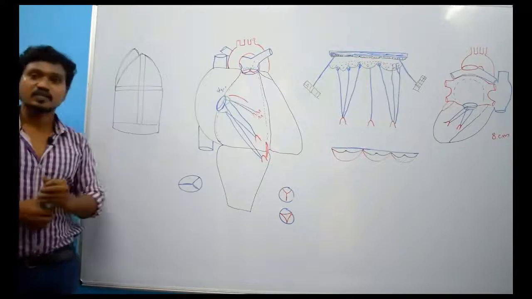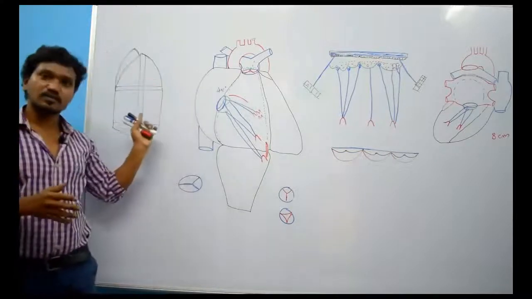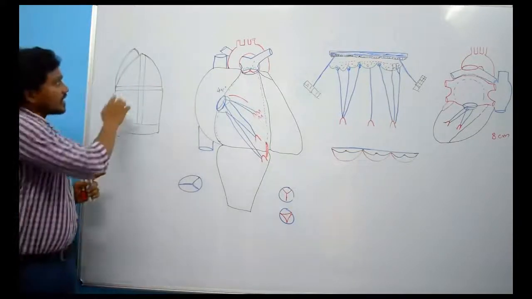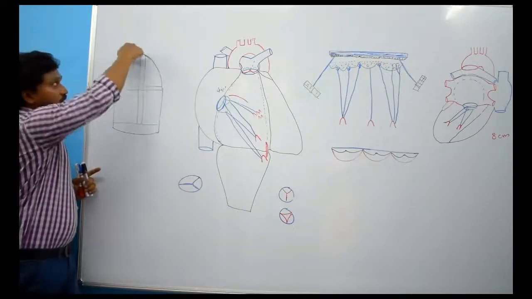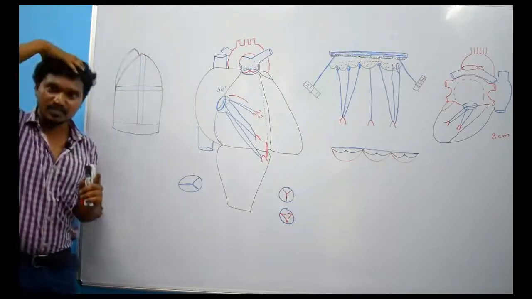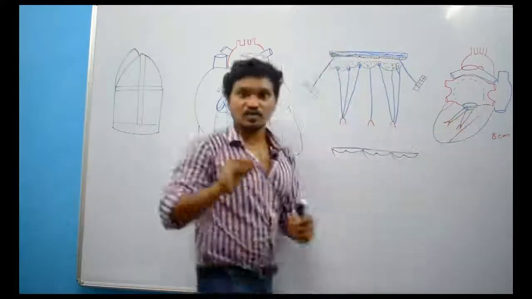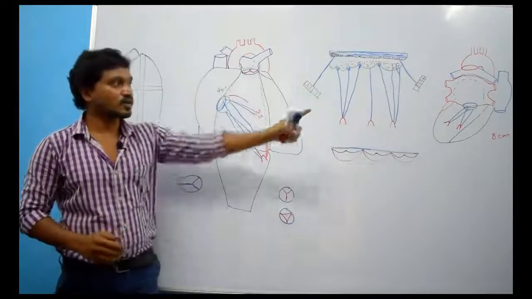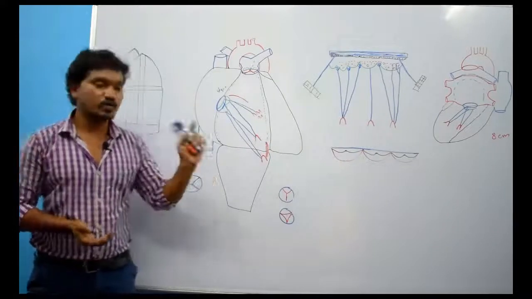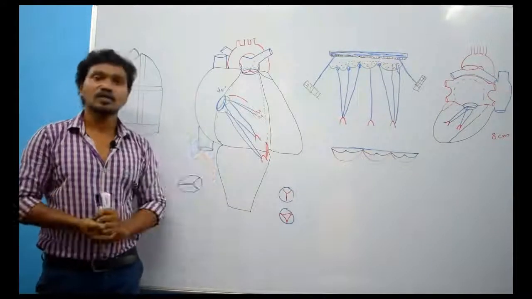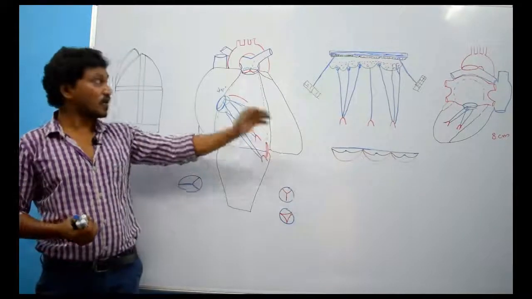Yes, this is the mitre. Bishops used to put it on their heads. This is what we call a mitre. In this mitre, there will be an anterior leaflet-like structure and a posterior leaflet-like structure. In between there will be a gap, within which the head will be present. So this structure and this structure are looking similar. That's why we call that valve the mitral valve. Clear? So it is looking like a bishop's mitre. So that is about the valve complex.